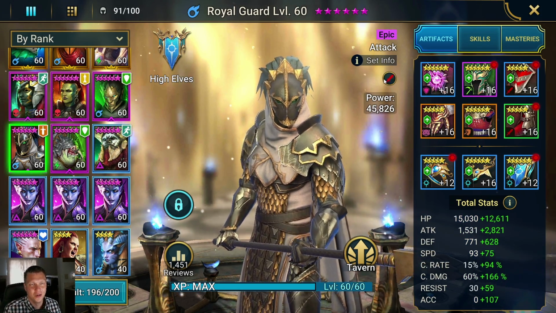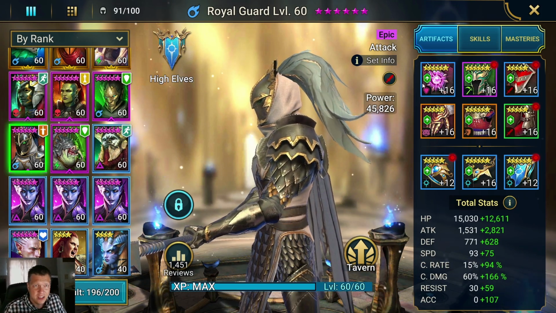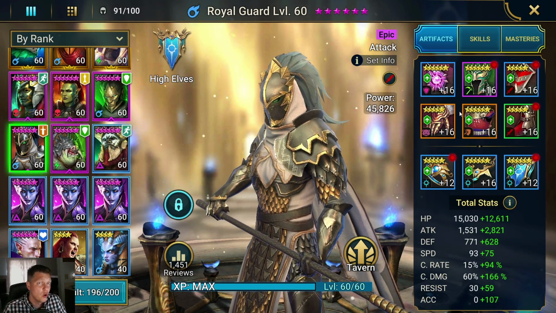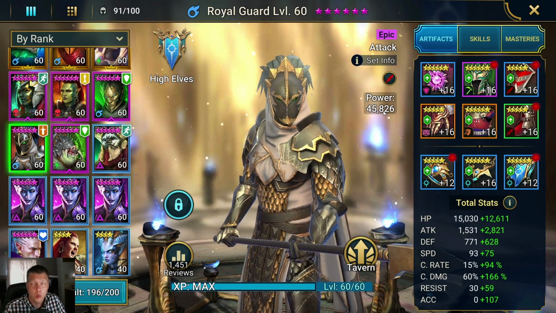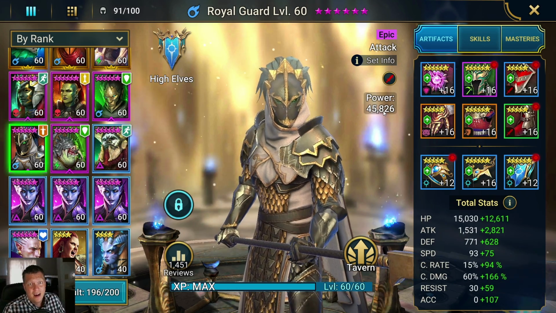That's so sad, the one little icon here. And you'll notice I'm only wearing 2 pieces of attack gear, and then I have 4 pieces of broken sets. And Royal Guard is actually my highest hero power in the game at 45.8k. So you don't need to have...